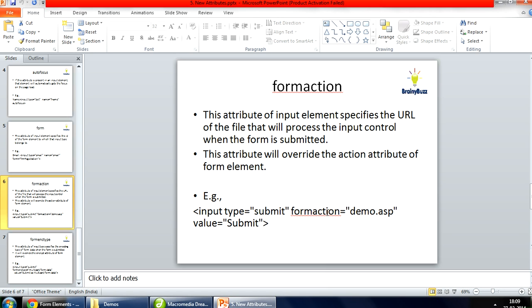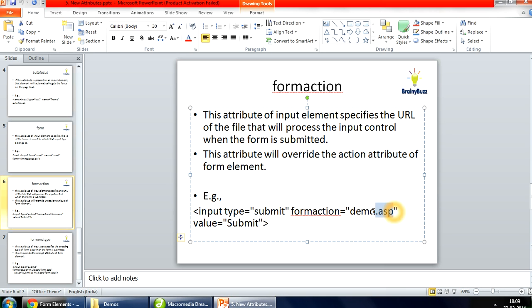So what you can do is write the page name you want to execute in the formaction attribute of the input type that will be the submit. Then whenever you click on that particular button, your form will be redirected to another page.